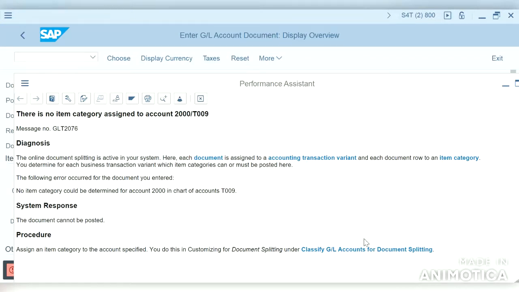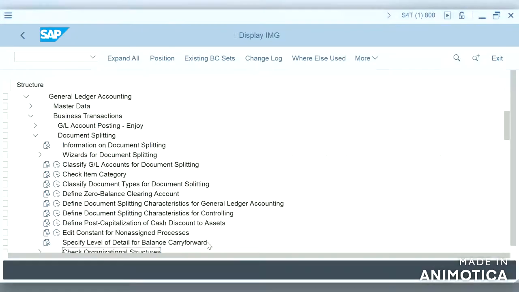So we will learn in detail what actually is document splitting. Today we will learn the concept of document splitting.